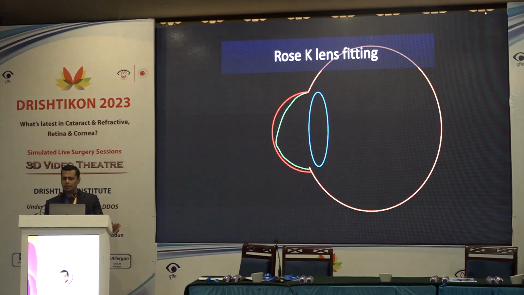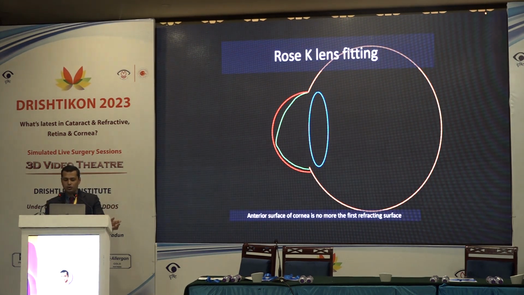How does a contact lens work? A contact lens negates the corneal surface as the first refracting surface of the eye. And between the contact lens and the cornea, there's fluid. So your refractive index shifts to the anterior surface of the lens. And now the lens is round, it's spherical. And so the anterior surface becomes the first refracting surface, which is your lens, and thereby you have a perfect